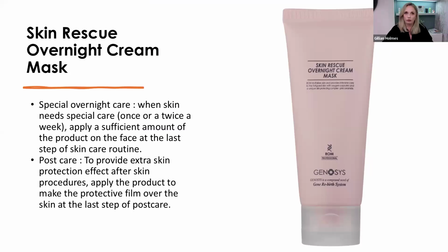Skin Rescue Overnight Cream Mask. This is, again, an essential product, I would say, for anybody that suffers with sensitive or sensitized skin. It can be used in a number of different ways, as the name suggests. It's a mask that can be applied prior to going to bed at night and left on the skin